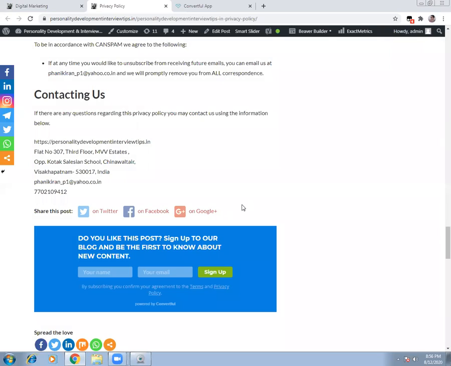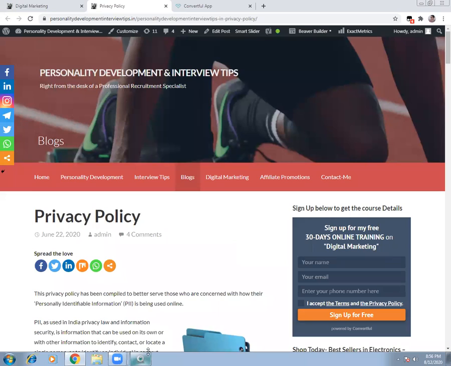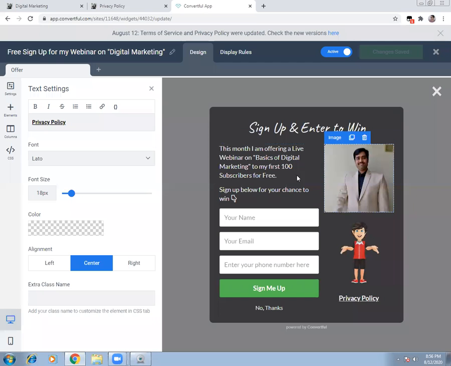And after this post, you can see that there is something that is given. Got it? So this is one thing which I wanted to share with you. Now, the most interesting thing, we are going to create one widget for you all. So this is one way of creating it, and you can see the display rules.